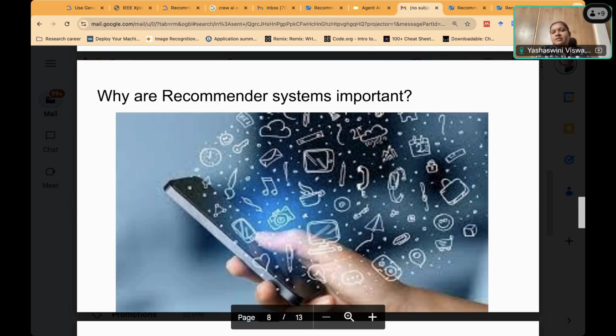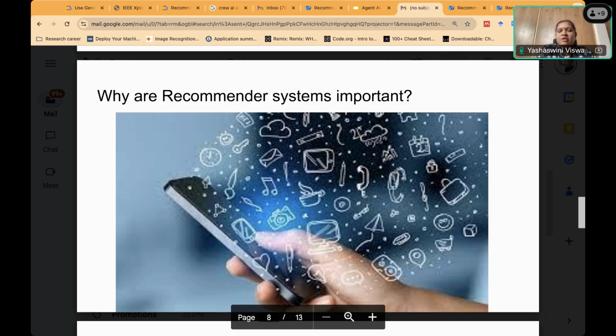Why are recommender systems important? I want at least 5 reasons to be given by this student community and professional community on why recommender systems are important. Unless and until it's important, there's no point in doing it, right? What is the importance of recommender systems? And why is extensive research done about it? Why is it incorporated in all of the important businesses that we see?